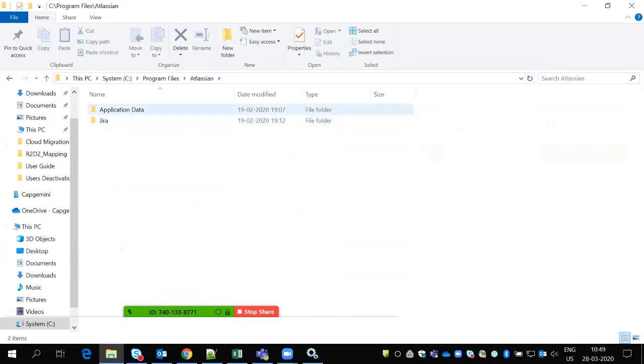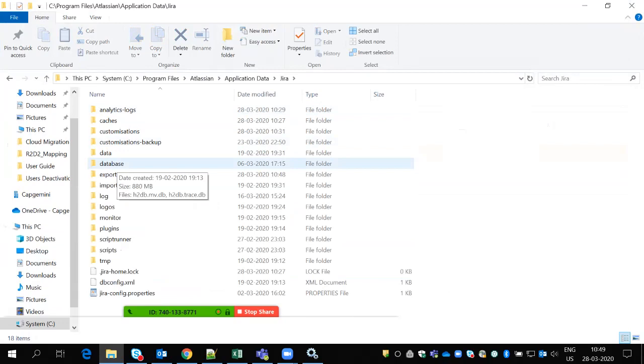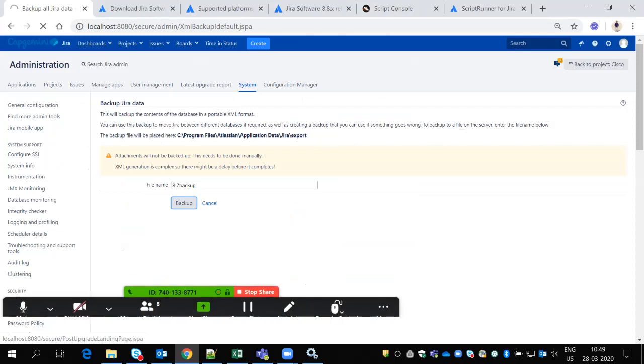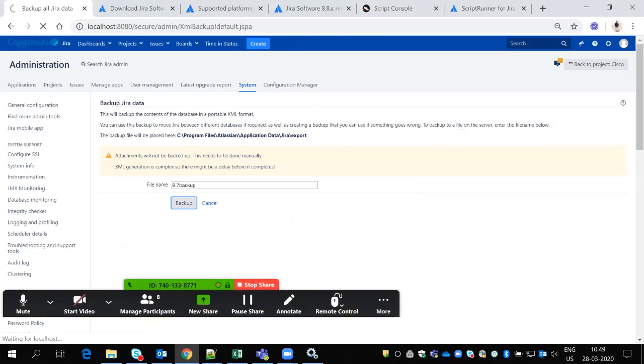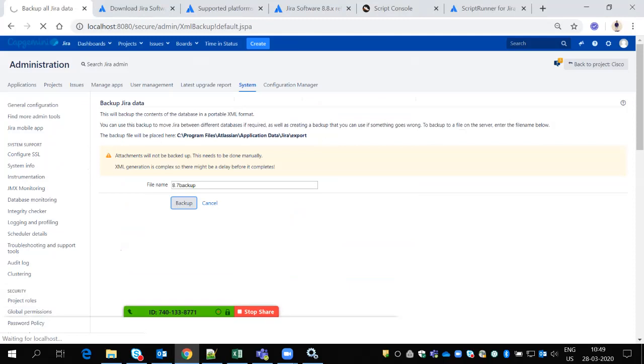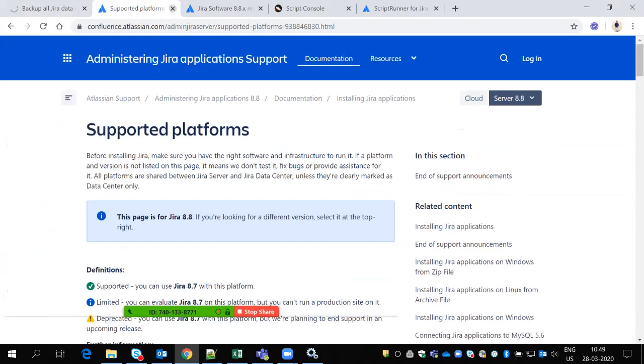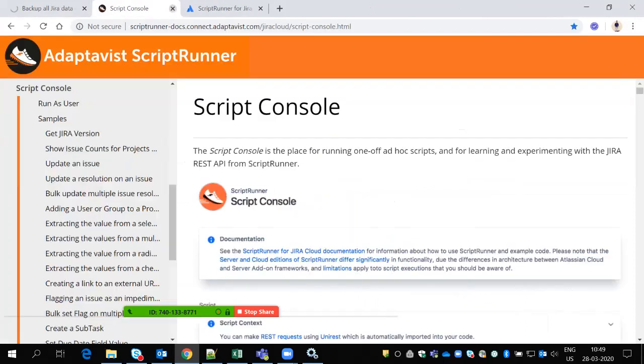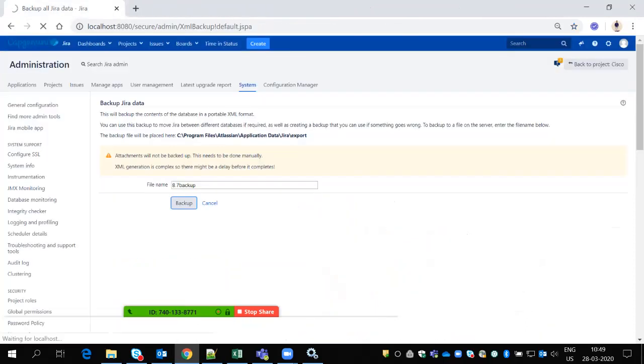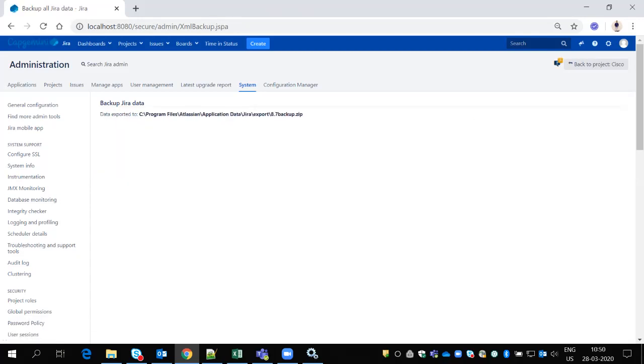So here, in the export folder, it will be stored.